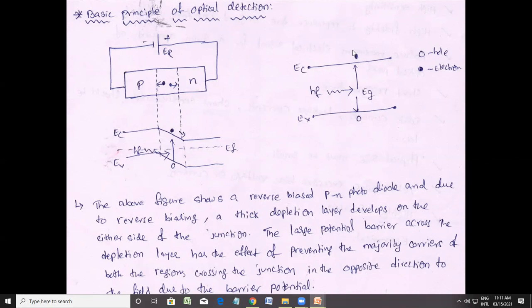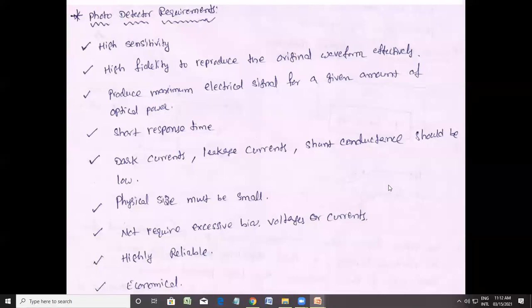You know the concept of laser. Here, how does laser work? The laser works on the principle of population inversion. How do we explain this population inversion principle? By the concept of absorption, spontaneous emission and stimulated emission, right? Here exactly the principle of absorption applies: the atom in the valence band absorbs the photon and moves to the conduction band. Then automatically the light signal is converted into a current signal. This is the basic principle.